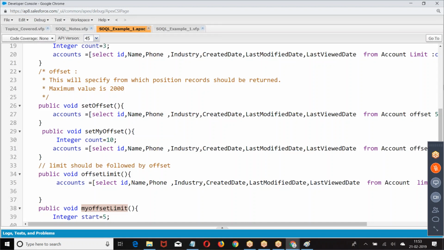Write a subquery to fetch 10 records from 5th position. Which record? Opportunity. Write a subquery to fetch 10 opportunity records from 5th position.